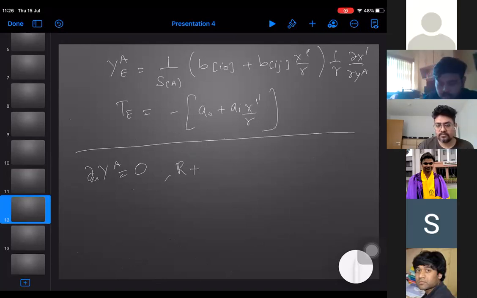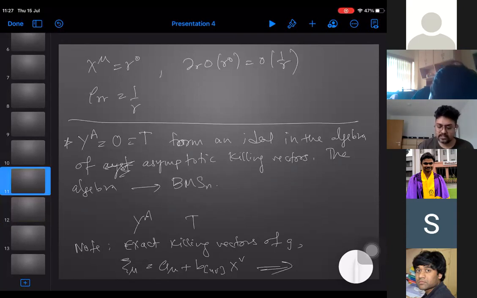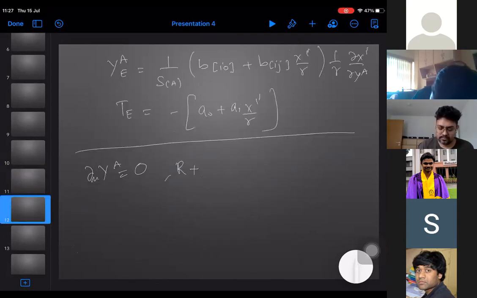Yeah, if I may add a comment to that. Here all the O's that are written are all small o's, right? So I think when you solve this asymptotic Killing equation, all they want is that it's not big O, it's small o of 1 over r, so that it satisfies the Killing equation. I suppose in some sense that is the loosest boundary condition you can have, but I may be wrong, that's my understanding.